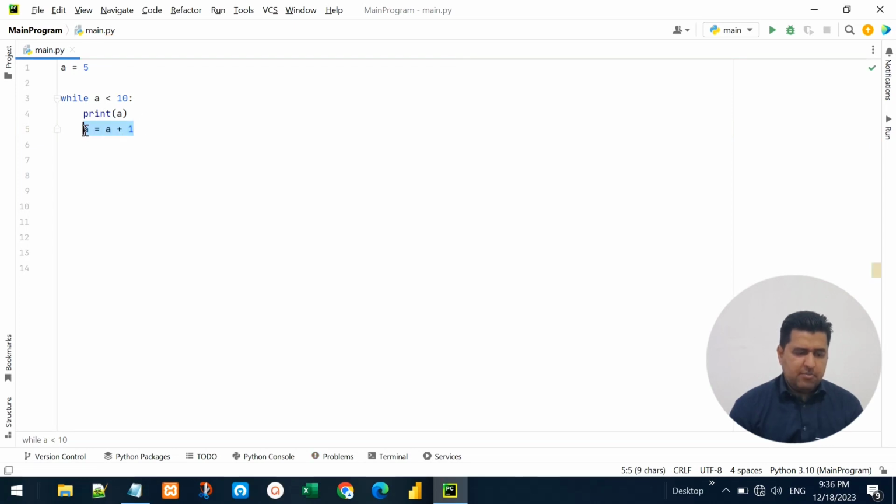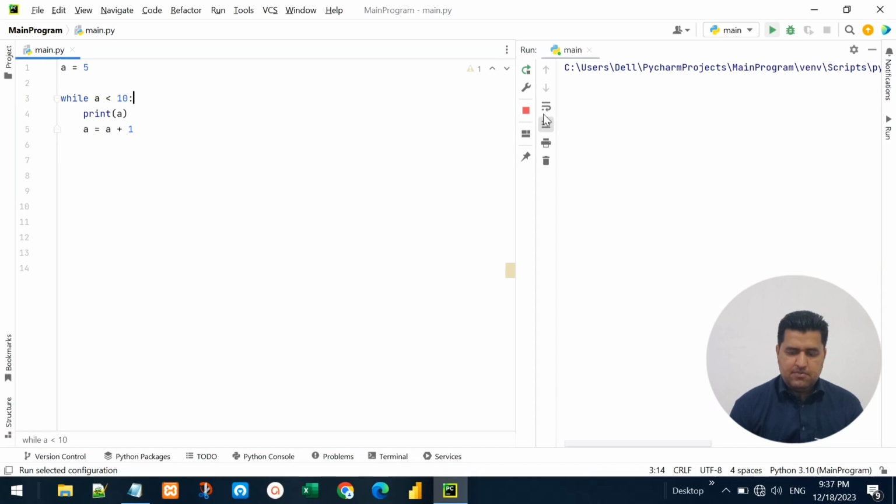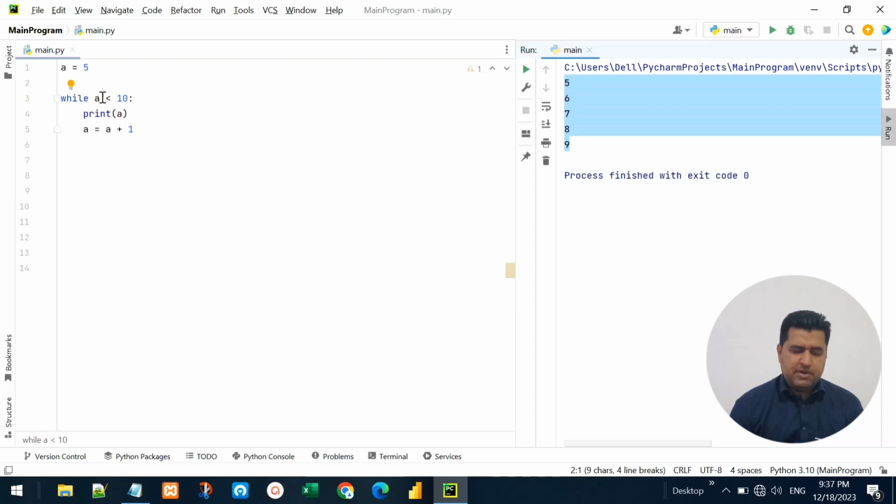because if I do not increment this, I do not put a 1 into a, this a is less than 10, this will always be true. So for each iteration when a is printed, I want to increase a by 1. So in the first iteration if it's 5, in the next iteration it will be 6, then 7, 8, 9, and when it becomes 10, then that 10 will make this condition false and while loop will stop here. So let me run this. You can see 5, 6, 7, 8 and 9. 10 is not printed because we said it should be less than 10. So whenever the condition in the while loop is true, it will run, and whenever the condition becomes false, it